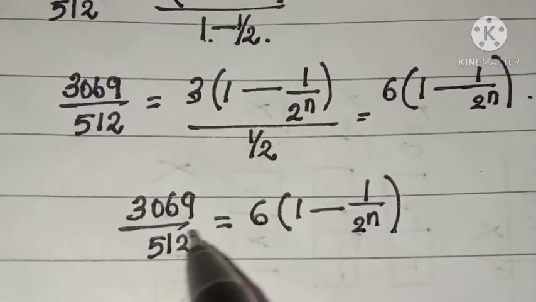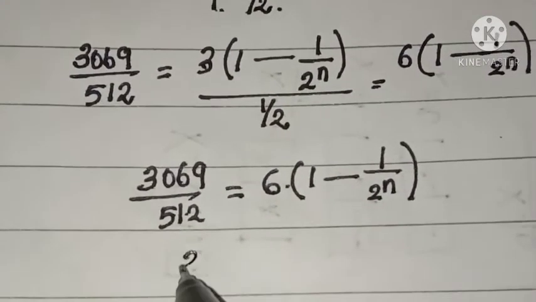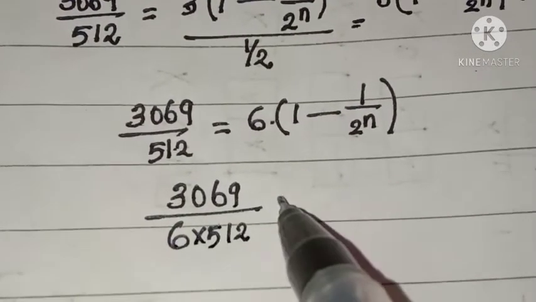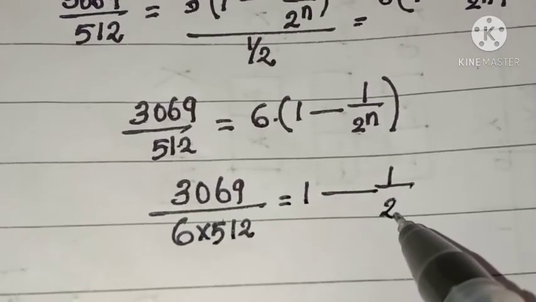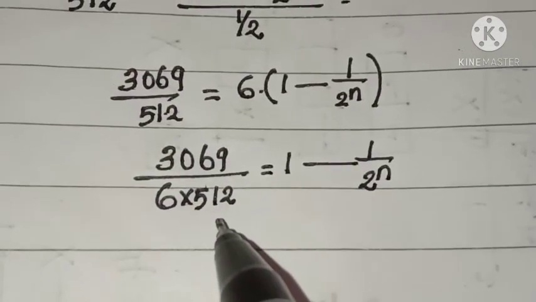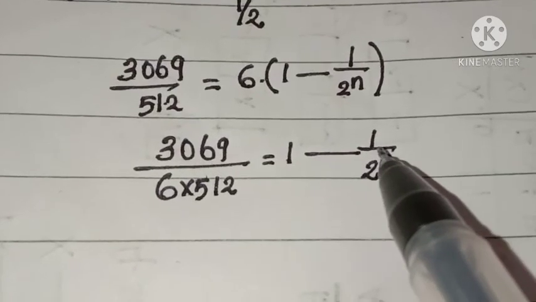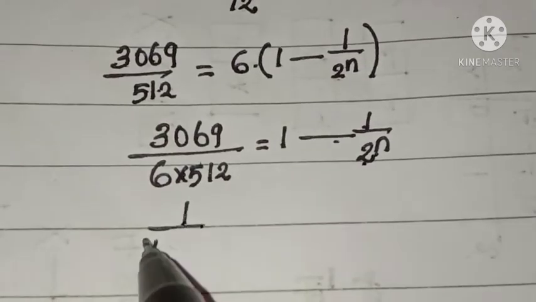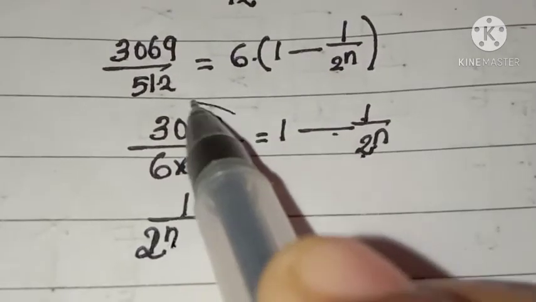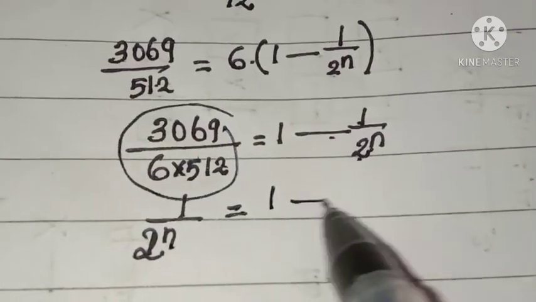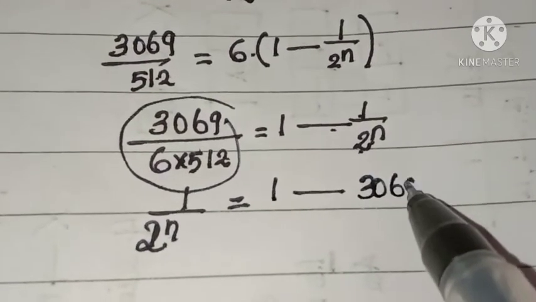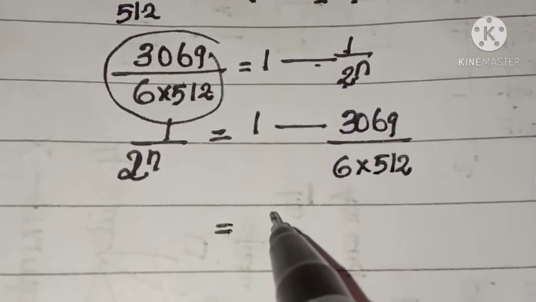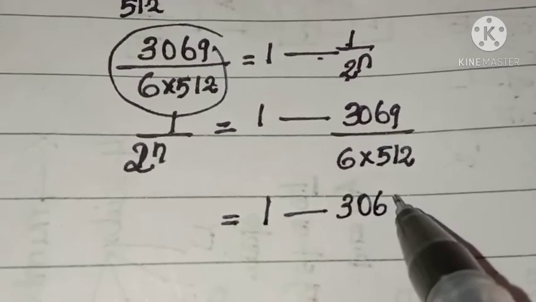Now take this 6 to the other side, so multiplication becomes division. 3069 by 6 into 512 is equal to 1 minus 1 by 2 raised to n. Okay. Now take this negative 1 by 2 raised to n to the left side, so it becomes plus 1 by 2 raised to n. Take this expression to the right side. So this is 1 minus 3069 by 6 into 512. So this is equal to 1 minus 3069 by